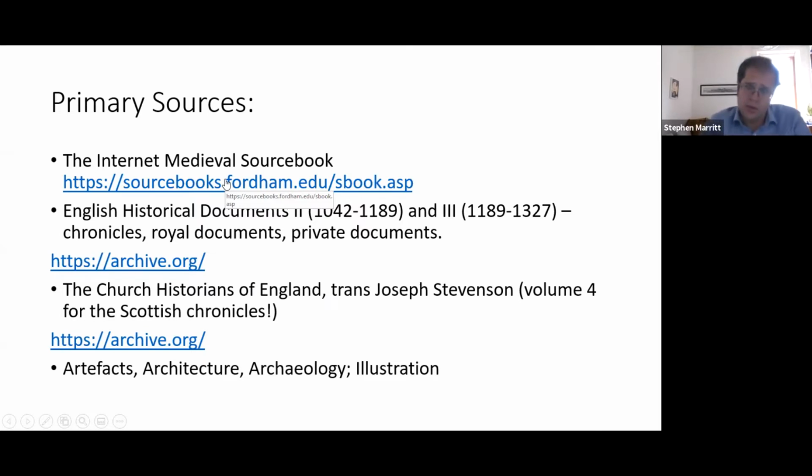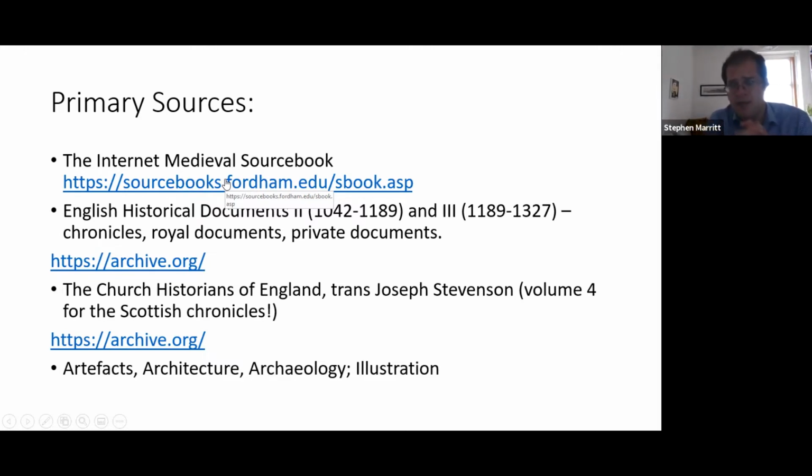The other great source for historians who are teaching this topic is a book called English Historical Documents, which was a series of books published as long ago as the 1980s, when publishers could afford to do this. And what they are is they are about this thick, and they are translations into English of medieval documents. It's often easy to find medieval chronicles in translation, but if you were looking for royal records, if you were looking for private documents between individuals, or you were looking for some kind of government text like Domesday Book or Magna Carta, before these volumes came out, you would have really struggled.